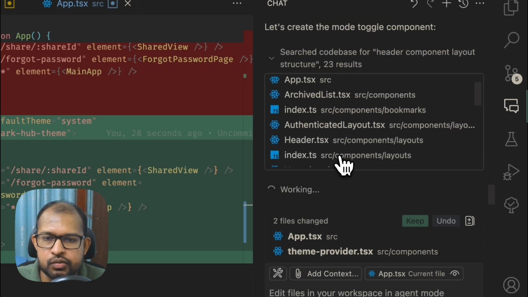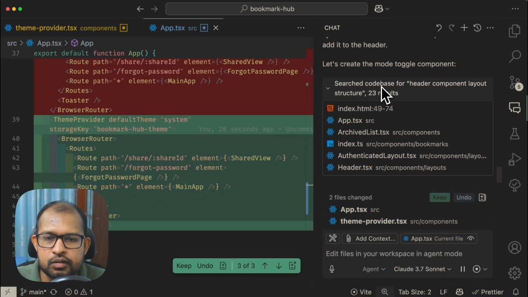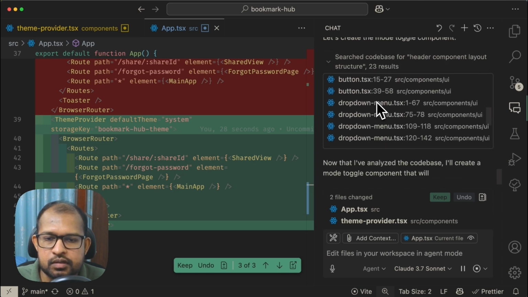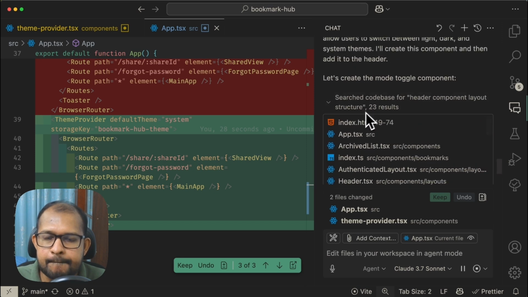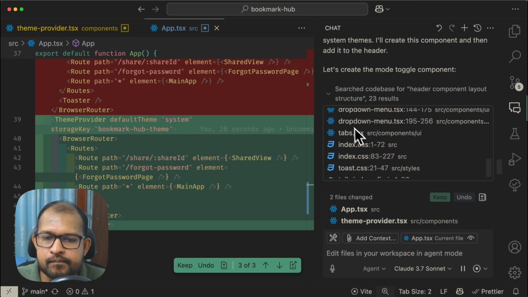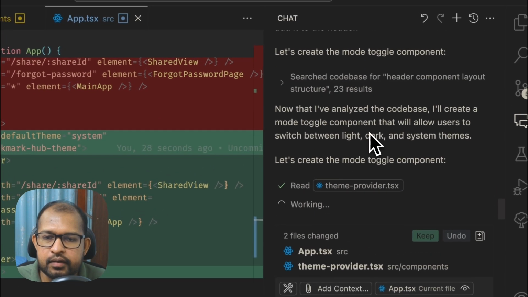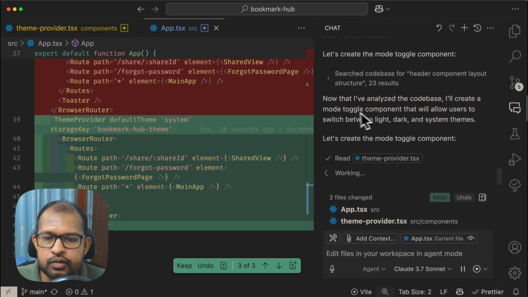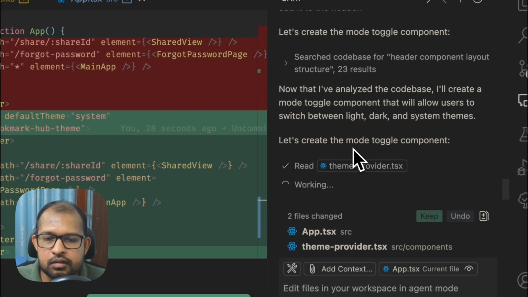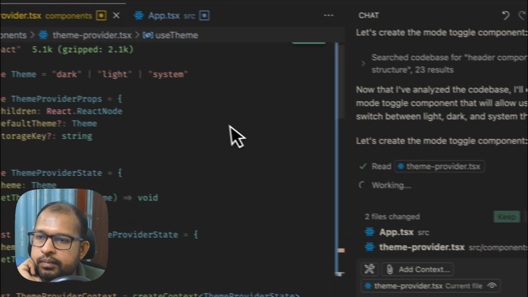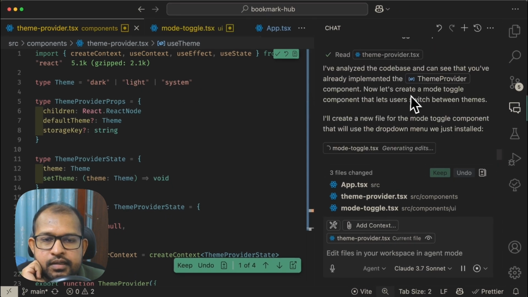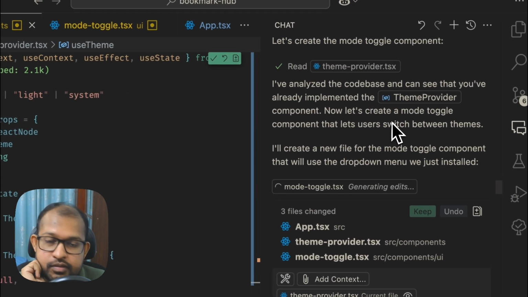It's actually used the code base for header component layout. So 23 results. So I can see the drop-down menus are actually mentioned here. Okay, now that I have analyzed the code base, I will create a mode toggle component that will allow users to switch between light and dark. Let's create the mode toggle component, but I already have that. Yeah, I have analyzed that the code base can see that you have already implemented this. Yeah, so